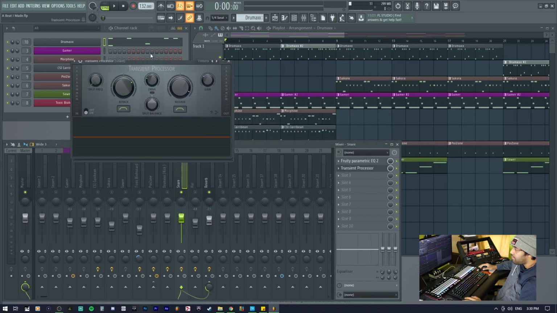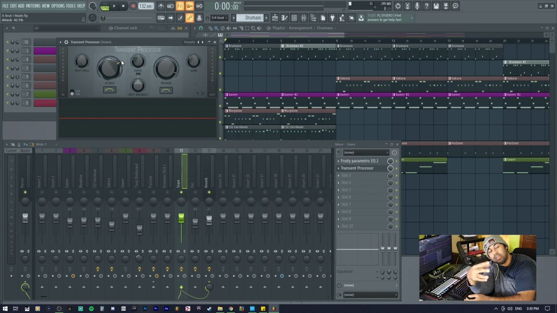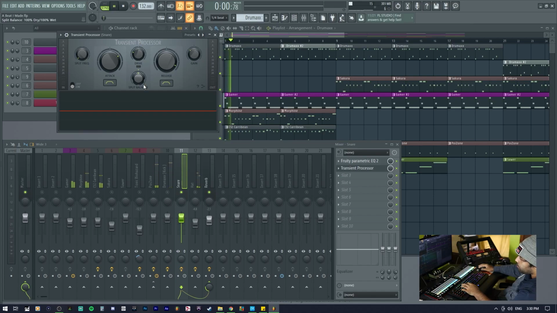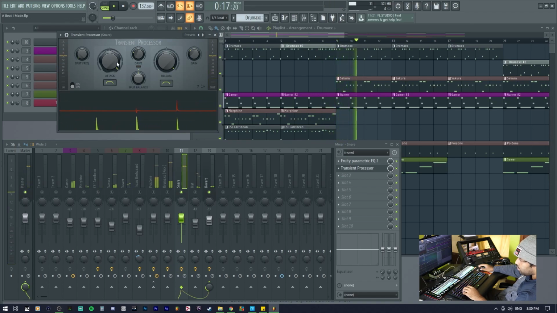And the last plugin here is the transient processor. This is really good if you want to expand out the peaks of some sounds, because you want the transients, aka the pop of the sound, to be either higher or lower depending on what you want. Hit play. See this little peak? Without it, it's like that. Like that. But with it, we're getting a higher peak. See how loud that impact of the sound was? It's showing just the top piece and then it fades down the rest of the sound.